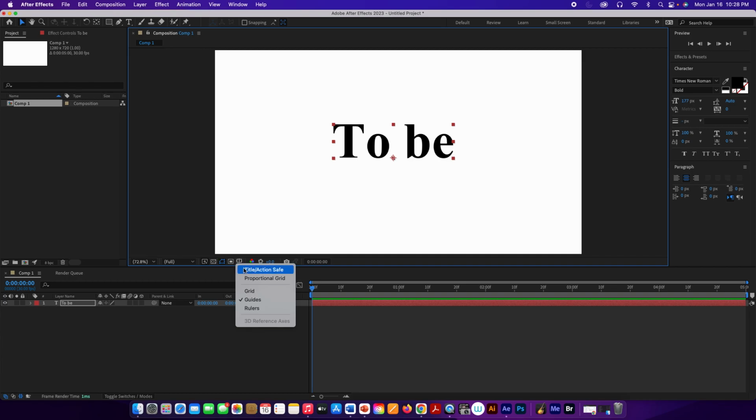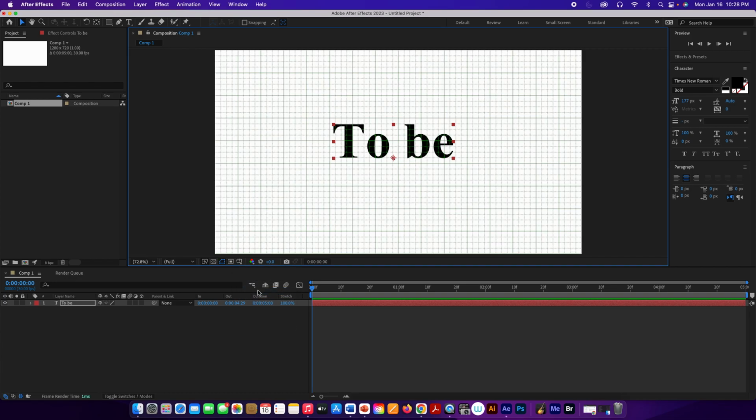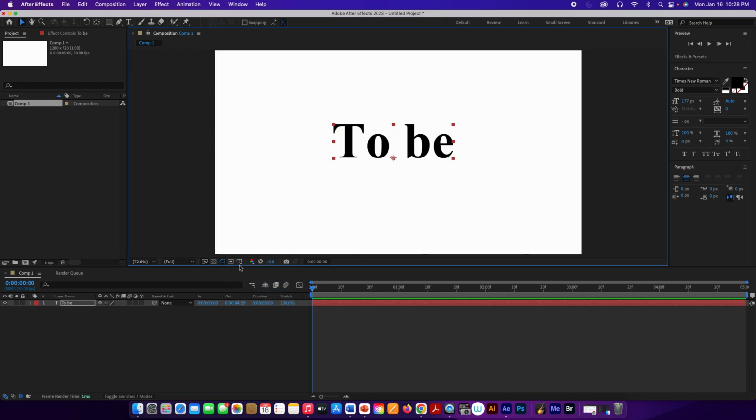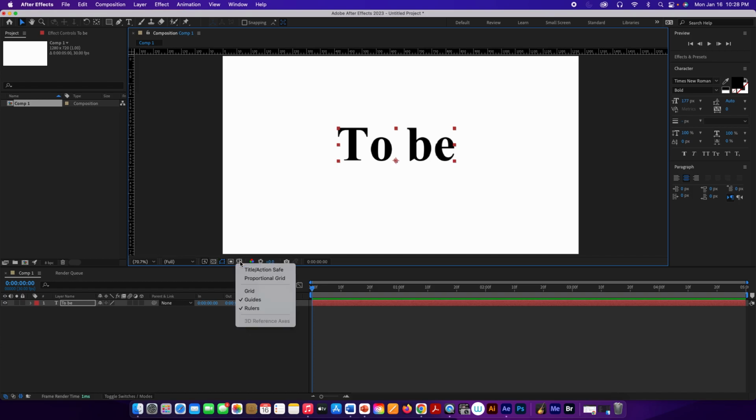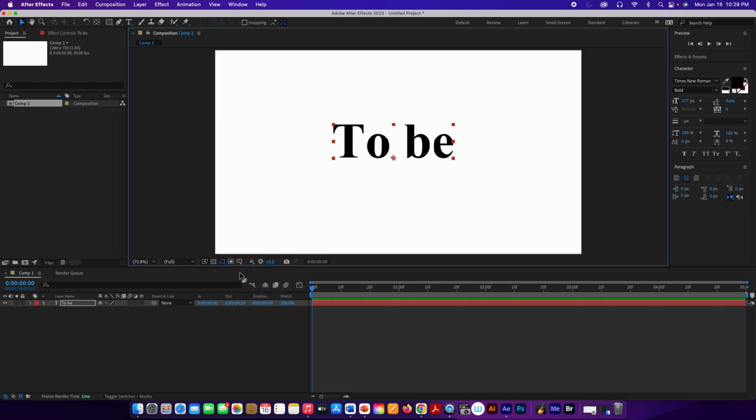We can show our grid if we need to help us. Okay, so I've got a grid. Take the grid off. I've got guides, rulers, whatever you need to help you out there if you need to. But basically, we'll just go back here. We'll take the rulers off. Go to guides, rulers. Okay, so I just like to play around here sometimes when I'm doing these tutorials. I kind of get sidetracked by things. Anyway,